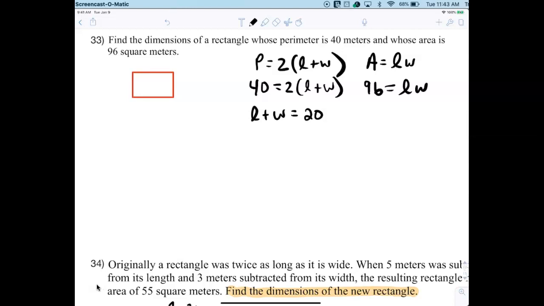12 and 8. You're just supposed to be scrolling through the numbers in your head. 10 and 10 is 100. That's close, so it had to be close. 11 and 9. 12 and 8. That's all you're doing. All right? That's how you get half credit on the test. It's just by guessing and checking. Full credit means you're going to have to show me mathematically how you know you're correct. All right? So to do that,